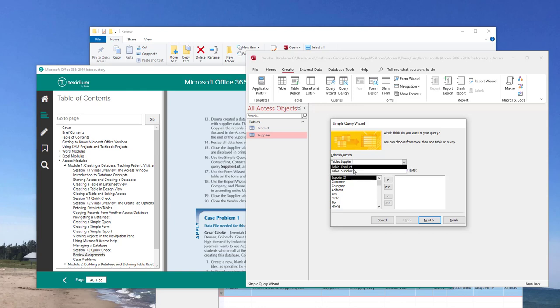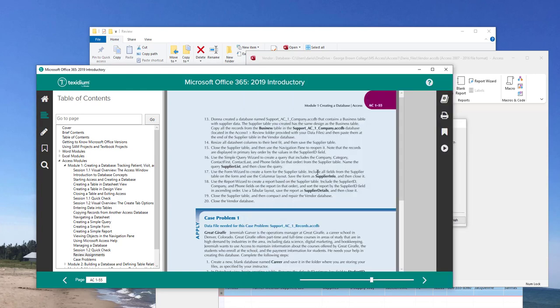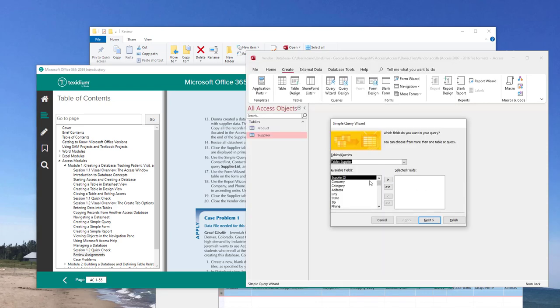The default might be in product. Make sure you're selecting the supplier table here. And it's asking us to add the fields company, category in that order, right? So then meaning you have to select company first, okay? That's how you select the fields that will be placed in your query. Just click, highlight the field, and then you see this little arrow pointing to the right side of the selected